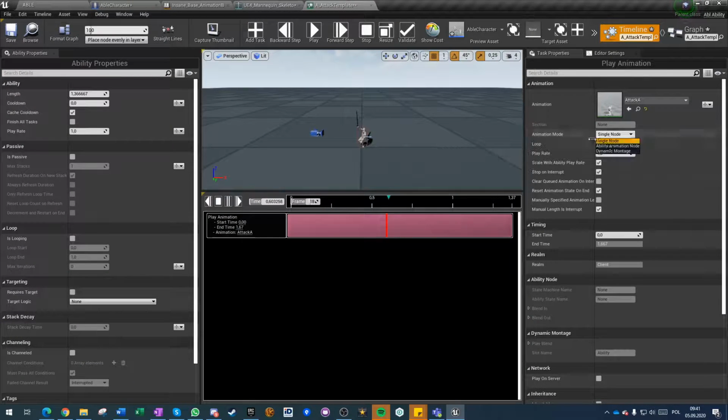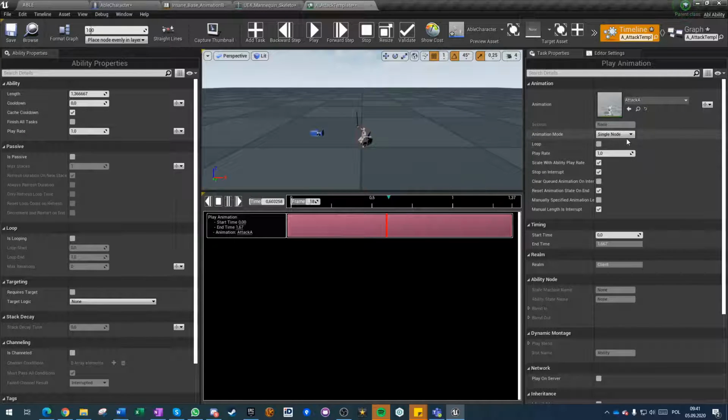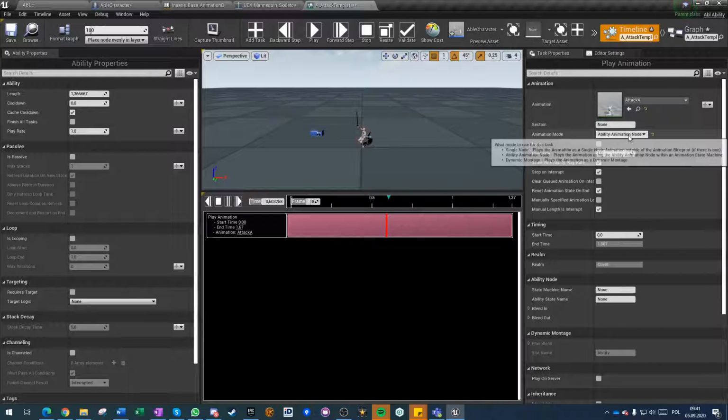Now, I don't know why and when you would want to use single node animation. Maybe when you have an animation that you want to be instant without blend, like, I don't know, a vault, a dodge, or something like that, that you want to play instantly. But the other two types are more important. So ability animation node